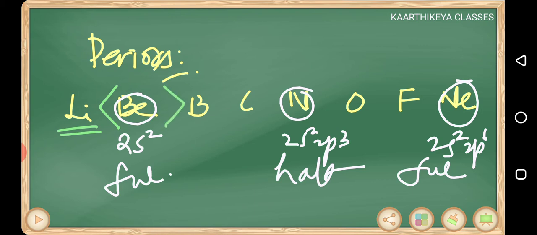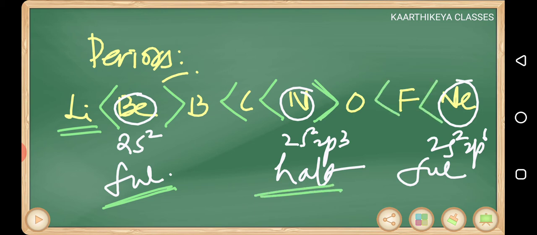Immediately it decreases for boron, because beryllium has full-filled stability. Beryllium is more than boron, but then it increases, and nitrogen is more than oxygen because of half-filled stability. Remember, nitrogen is not more than fluorine, beta, just more than the next element. Take the relation only with the next element.